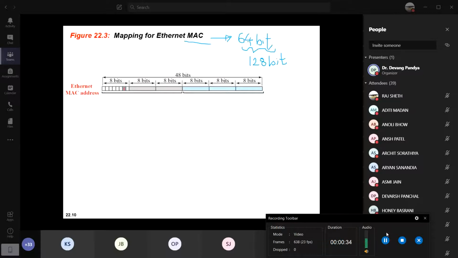That means just take whatever hardware address of your device that you try to map to the IPv6 address. Interesting, which we were not doing in the earlier case, in IPv4. Okay, another interesting side question, a practical question: when you are using your Wi-Fi, does your Wi-Fi have a different hardware address than your NIC?